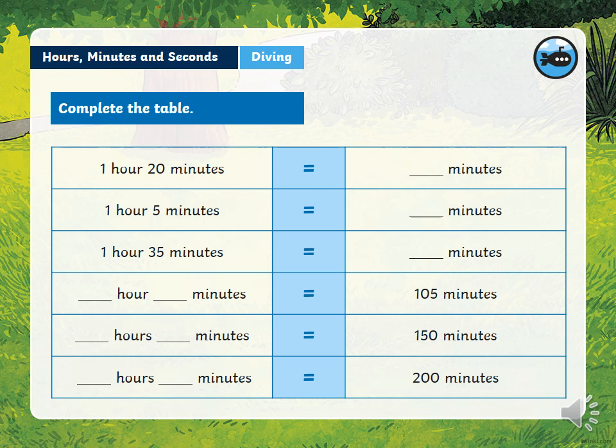Okay, so here are the answers. There are 80 minutes in 1 hour and 20, because 1 hour is 60 minutes plus the 20. That's 65. 1 hour is how long? Good, 60 minutes. 95. Excellent. Now,